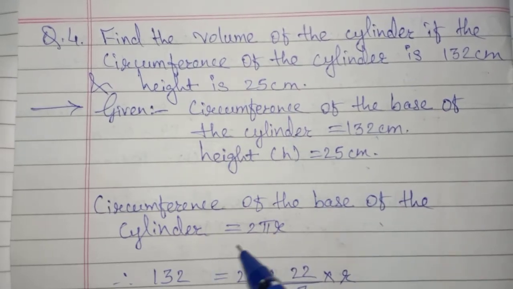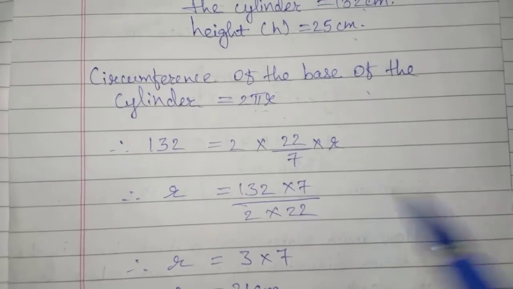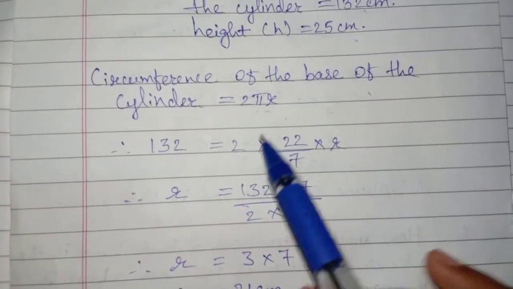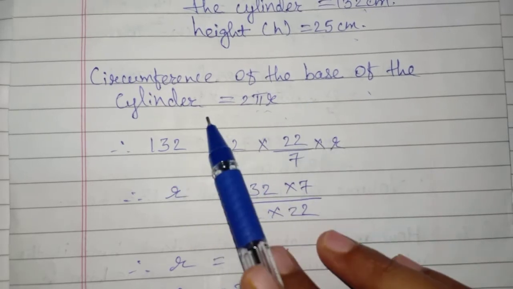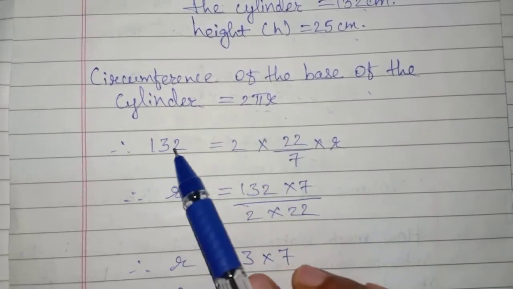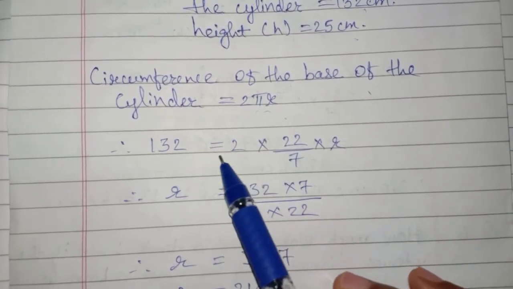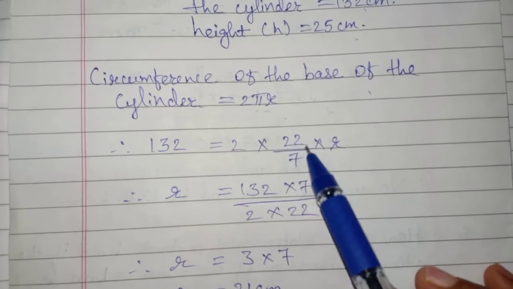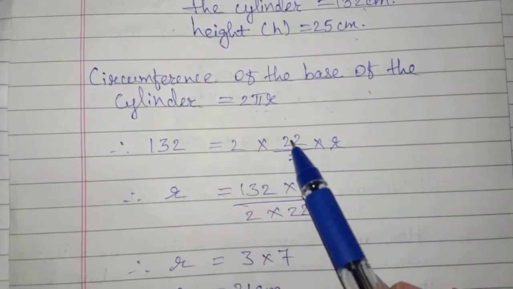Circumference of the base of the cylinder is 2 pi r. Okay. Circumference of circle formula you will use here. So 2 pi r you will get here. Therefore substitute values. It is 132 is equal to 2 into 22 upon 7 into r. Therefore you will get r is equal to, now this